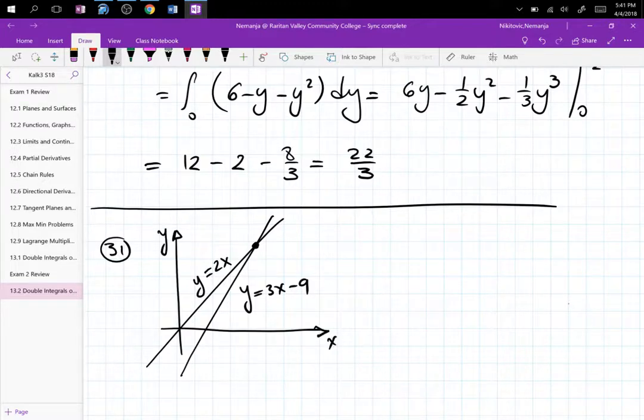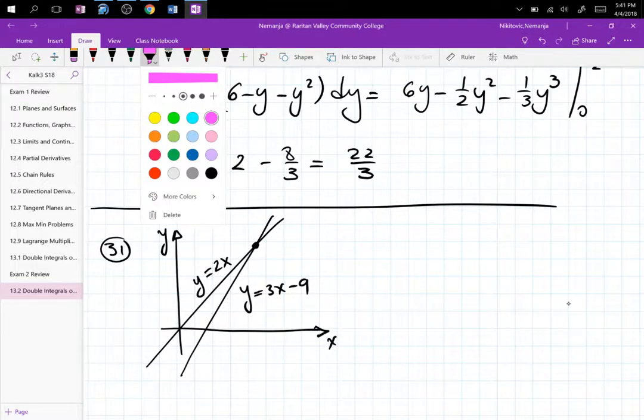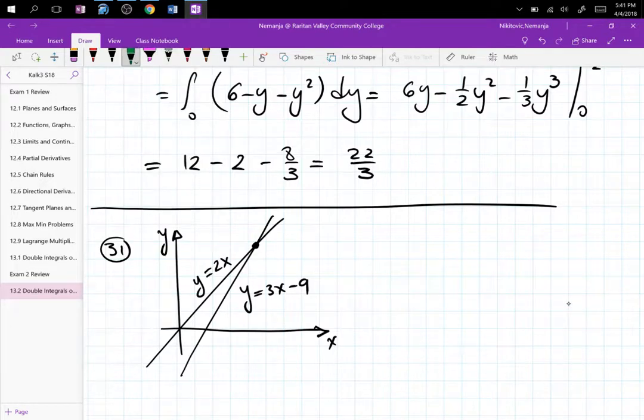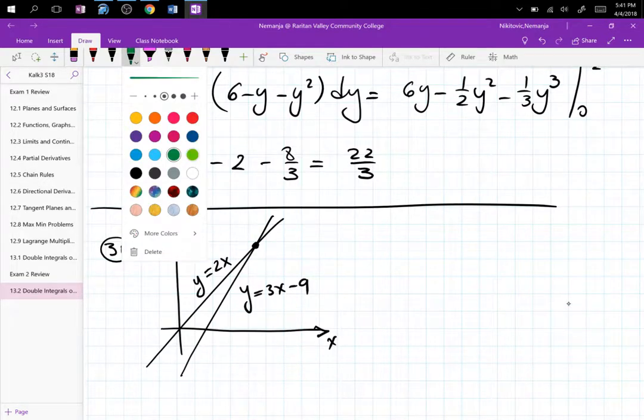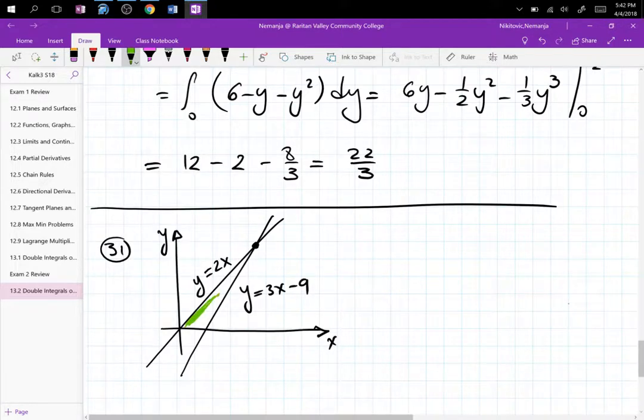Our region, let's use light green. So our region is here. This is region R. And we are supposed to